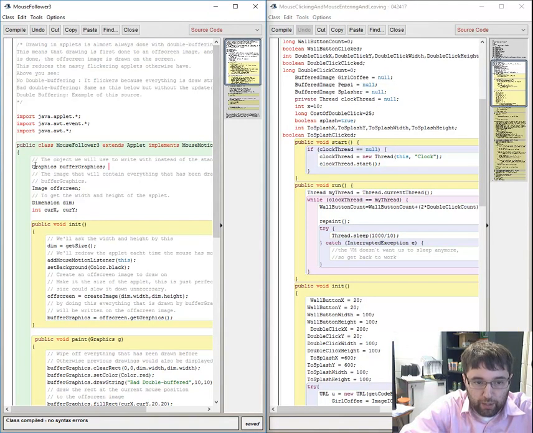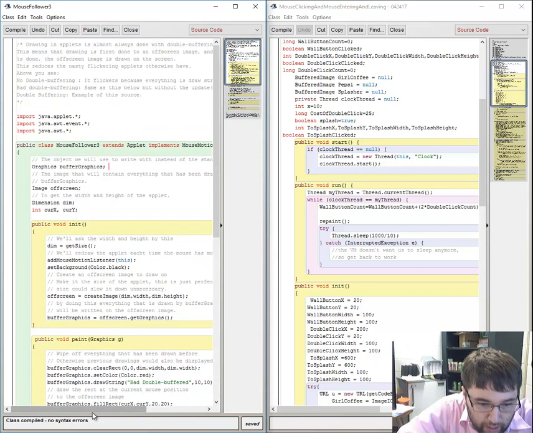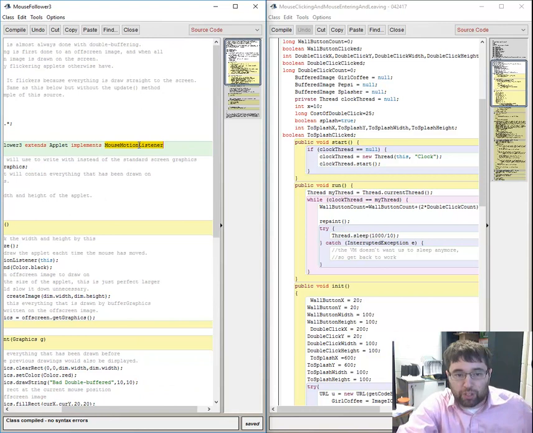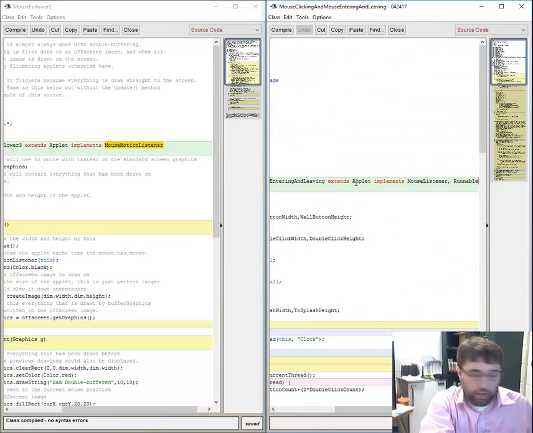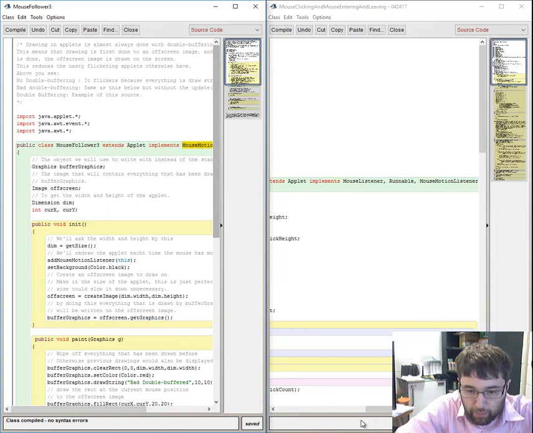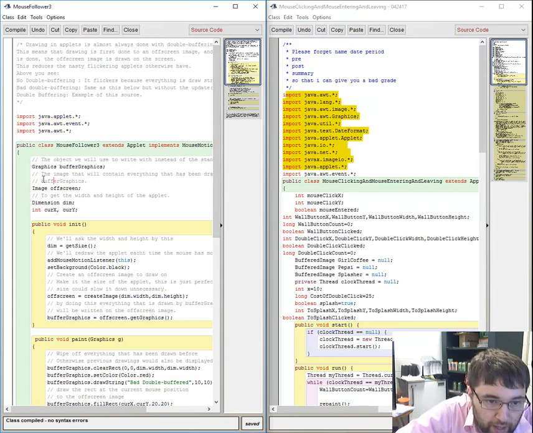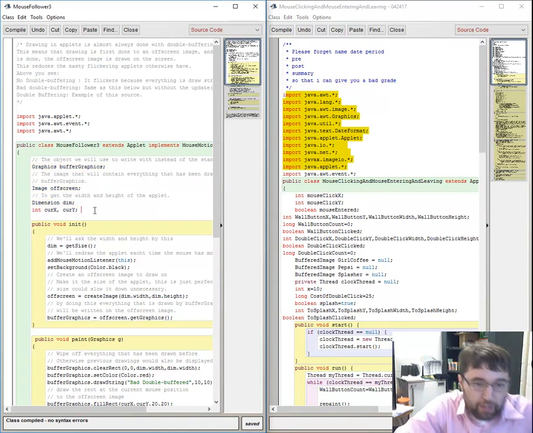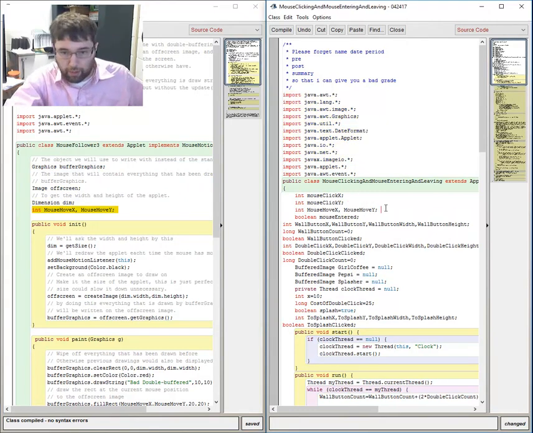What I want to do is go over and copy specific pieces, which is the mouse motion listener. I need to copy this over here. So I have mouse listener, and then I need a comma, mouse motion listener, which is different. Now my import statements, these three are already over here, so I don't have to worry about that. I have my image stuff, but I also have these two variables, which I'm going to change. So I'm going to copy over these two variables, and I'm going to put them right under my mouse click,